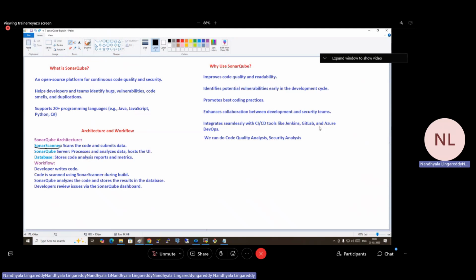So the Sonar scanner will scan the code and submit the data. Whereas the SonarQube server processes and analyzes the data and hosts the UI. So once you set up SonarQube, it will give the UI, where you can create your own projects and then integrate that project with your Jenkins. So let's say I'm creating a project called Hotstar. Which project do we have Java code? Hotstar only, right? So you create a project called Hotstar in SonarQube